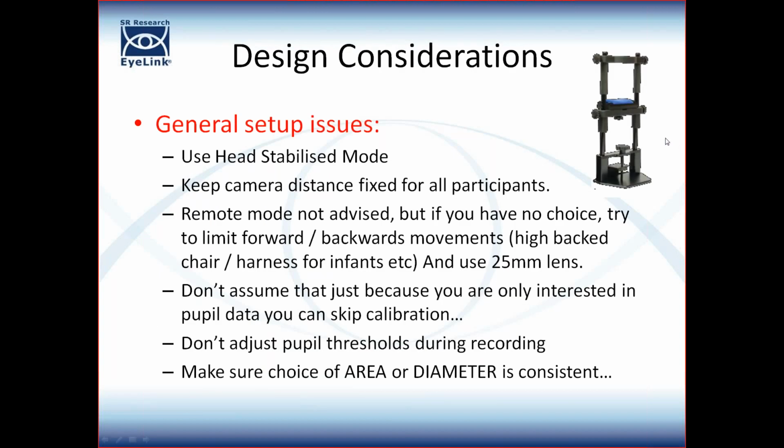So let's address these issues. There are some general design considerations, perhaps the most important of which is that, in my opinion, it makes most sense if you're interested in doing pupillometry to use the head stabilized mode. In other words, you use a head support, and ideally you would keep your camera to head distance or camera to eye distance fixed for all of your subjects, which is relatively easy to do if you always make sure that you keep the top half of your head support in the same place and just adjust the chin rest up and down to suit your participant, and adjust the participant up and down in a chair to suit